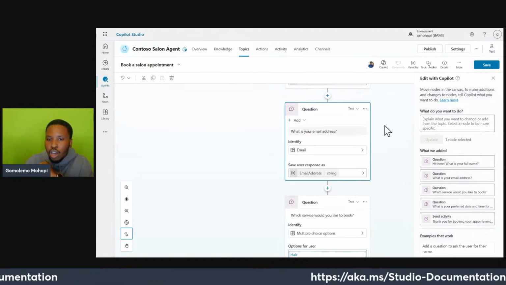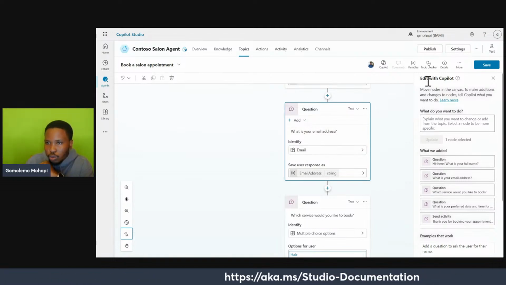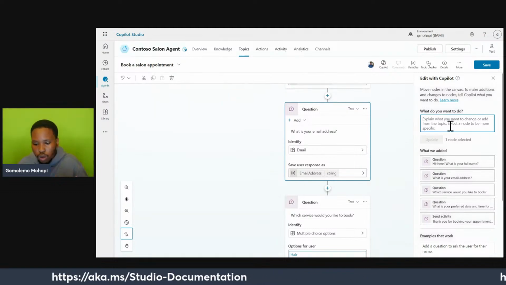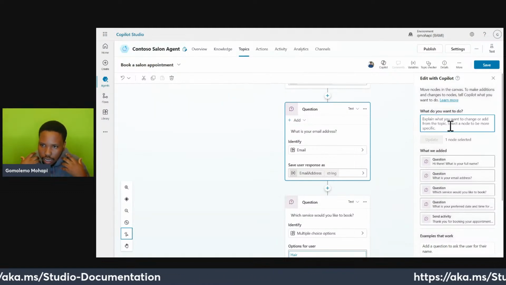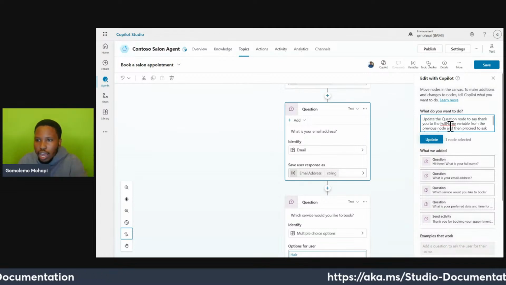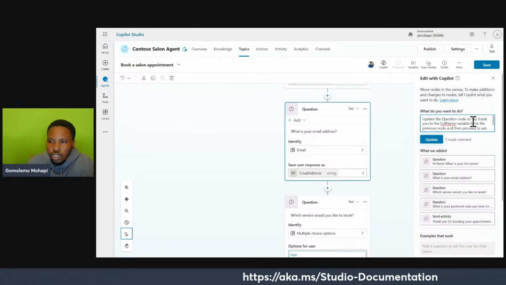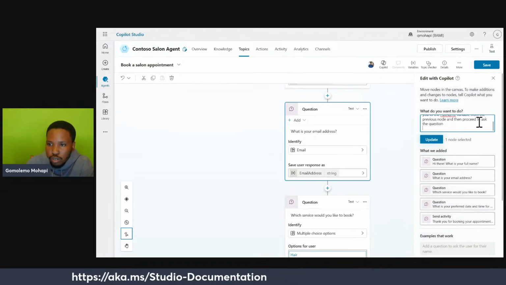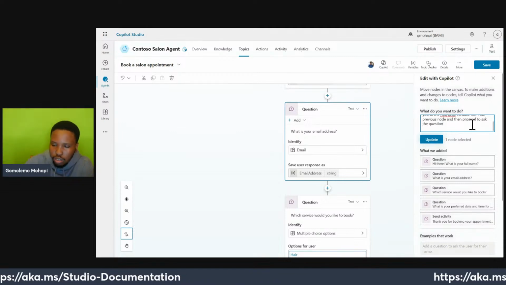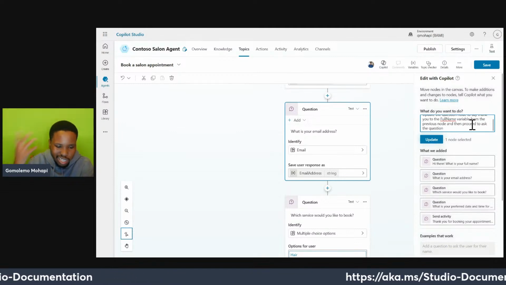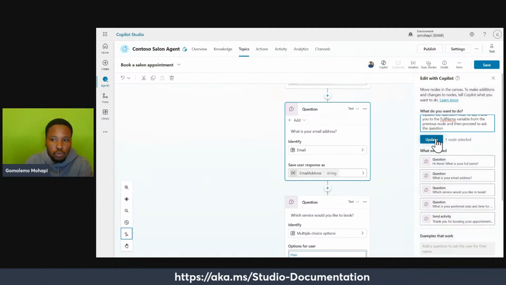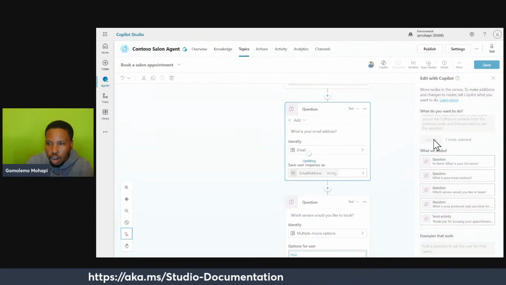So what I'm going to do is I'm going to select this node because I want to edit this node. And on the right hand side, you will see the edit with Copilot pane, and it's asking me what I want to do. In this case, I want to update this question node to say thank you to the full name variable from the previous node, and then proceed to ask the question, right? I'm just putting in a natural language statement, and we're going to see what it does, right? Let's click on update,